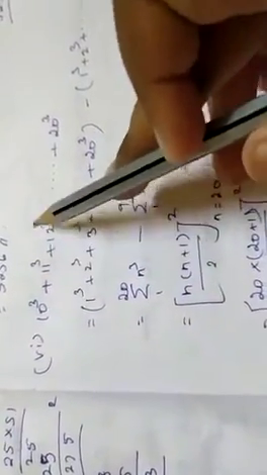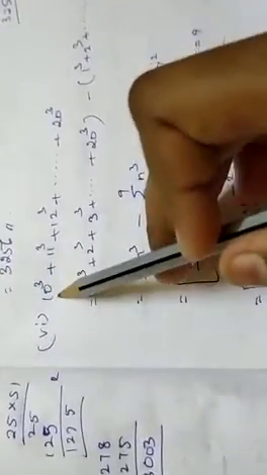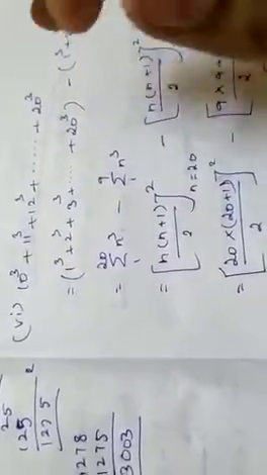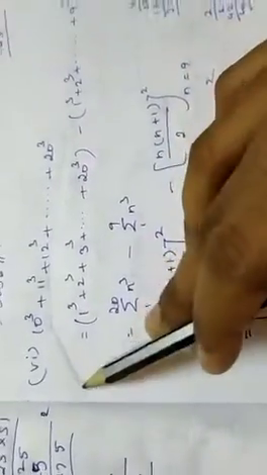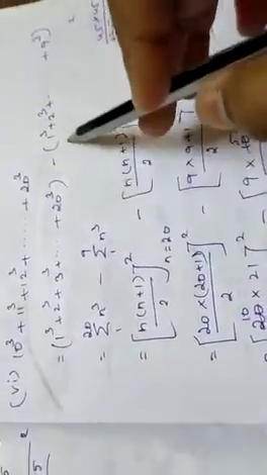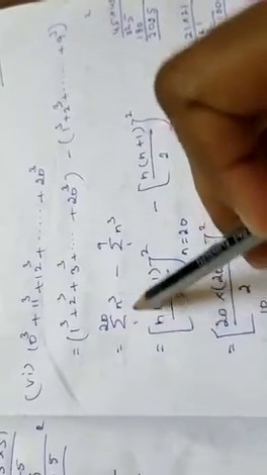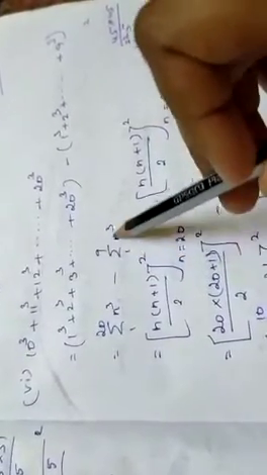Okay, so our sixth part solution is 10 cube plus 11 cube plus 12 cube till 20 cube. You know what I am doing here. Starting with 10 till 20 it is continuous, but here the 9 numbers are missing. So we'll just find the whole thing, then we'll subtract 1 cube till 9 cube. Okay, so that only I'm doing. You'll write these steps cumulatively. So sigma 20 by 1 n cube minus sigma 9 by 1 n cube.